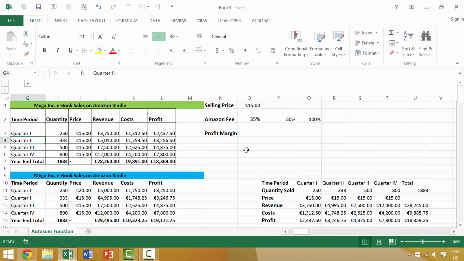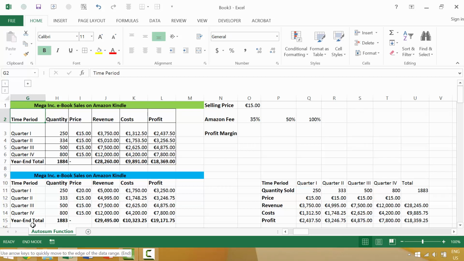Here in Excel, in the last video, we looked at using the home key, where we press the home key and we would automatically jump to the leftmost column available in our worksheet. In this case, it would be G2. So you would think that pressing the End key would be the equivalent, where we would be able to jump to this cell here. But when you press the End key in Excel 2013, it activates this thing called end